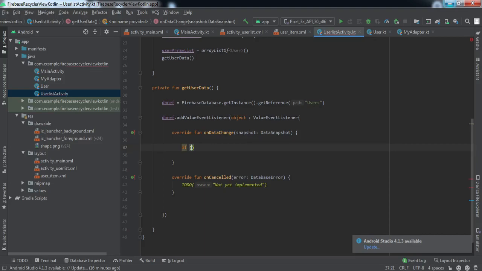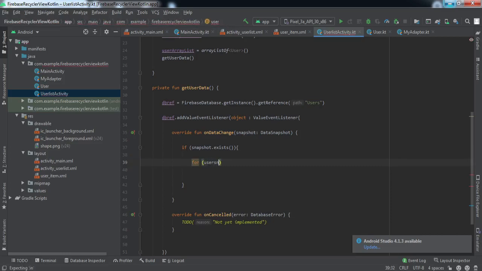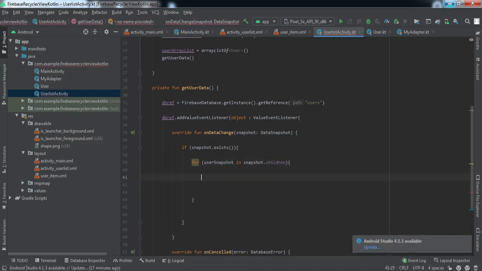So we'll check if snapshot dot exists. So if snapshot exists, then we're gonna loop through the data: user snapshot in snapshot.children. So inside this we'll do our task.